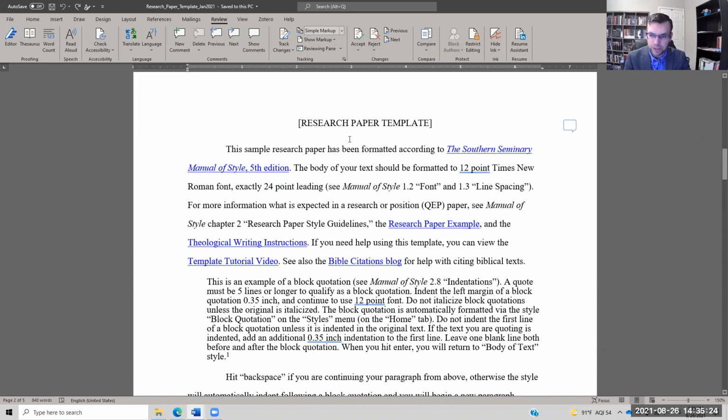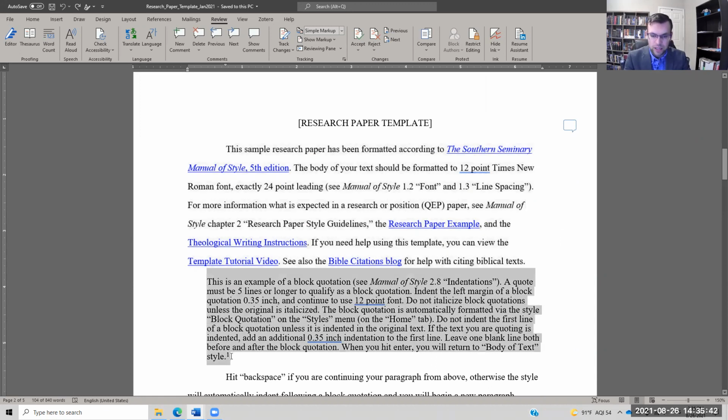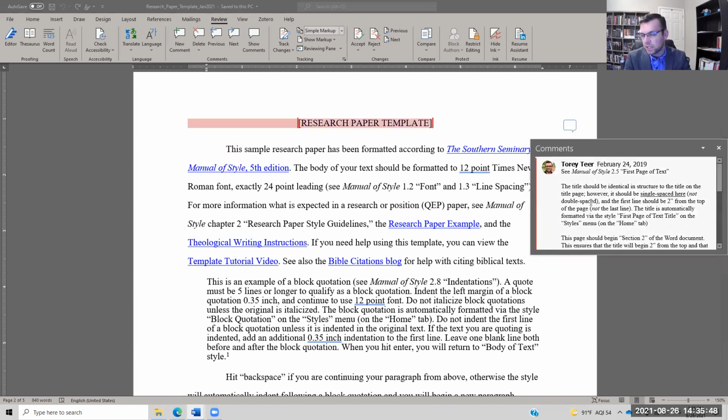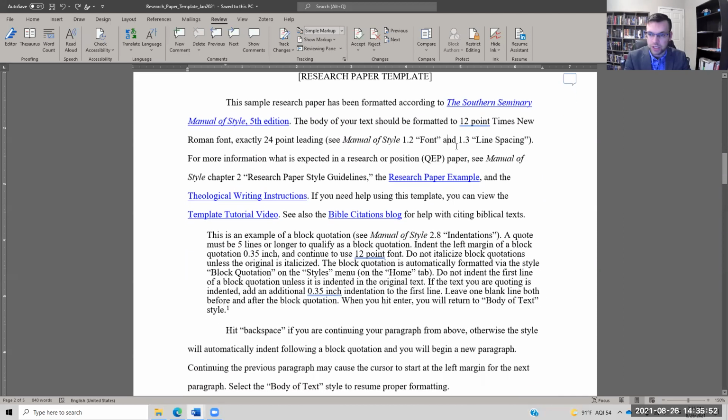There's 3 parts of a template. There's the title page, there's the body of text, that's the actual paper itself, and then there's the bibliography. So here, each of these elements is already formatted. This is a real paragraph that's formatted as a paragraph. This is a block quote formatted as a block quote. Now, the content is explanatory information, much like the comments themselves. This is just to give you instructions and also links